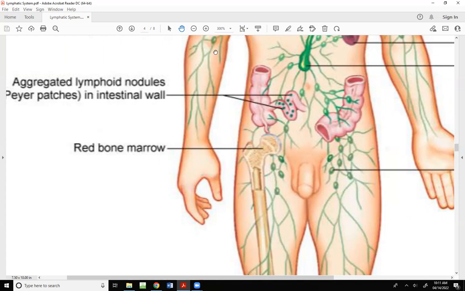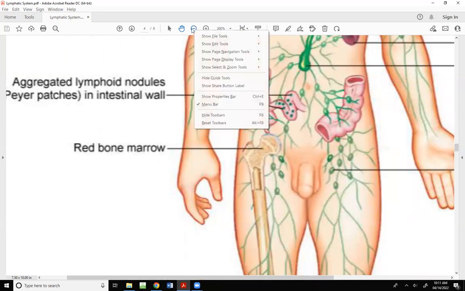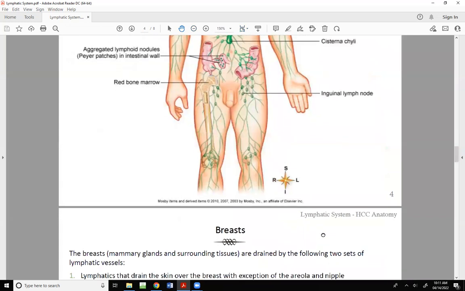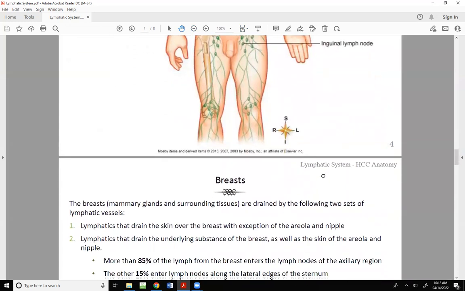No idea why it's not labeled. Like I said, there's some good things to these images, but there's some definite deficiencies. So